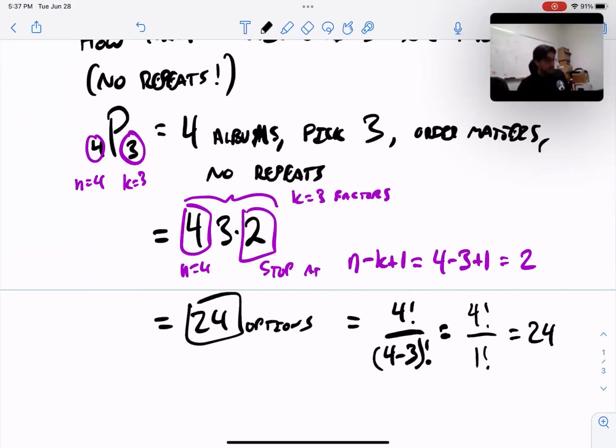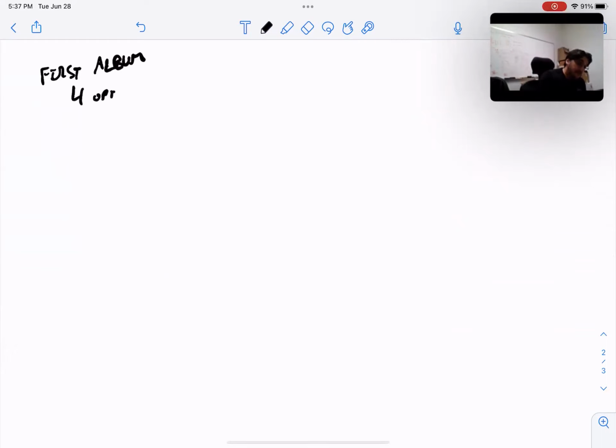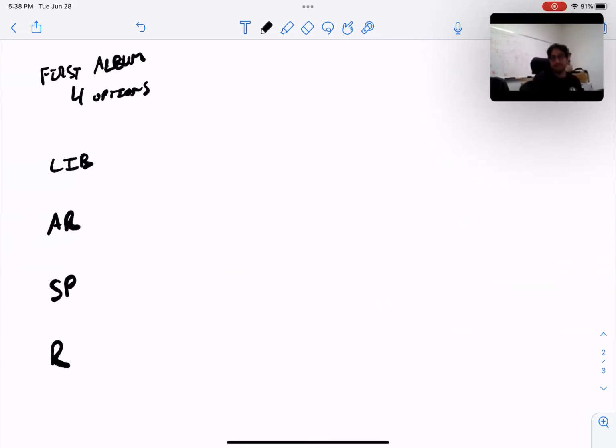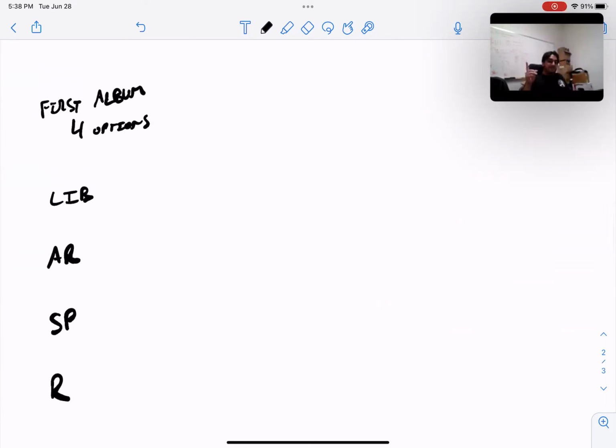Now, why does this work? It's very similar to when we were drawing the tree diagrams for our fundamental principle of counting. You can basically do the same thing here. Think of the first album. I have 4 options for choosing my first album. I could choose Let It Be, Abbey Road, Sgt. Pepper, or Revolver. Now, regardless of which of those I pick,